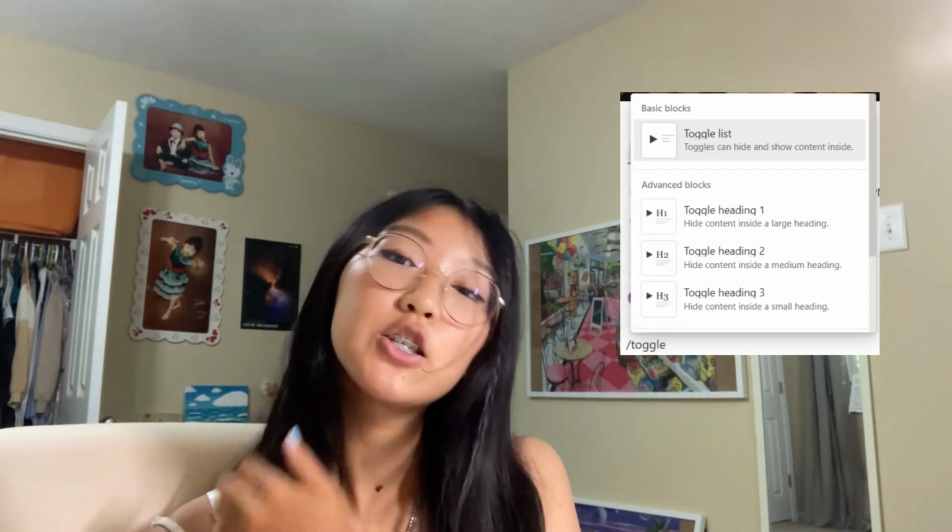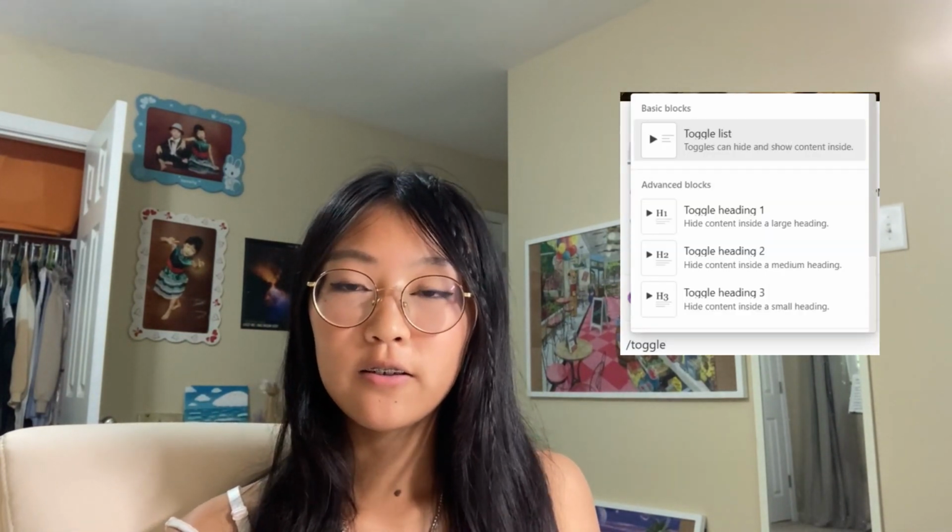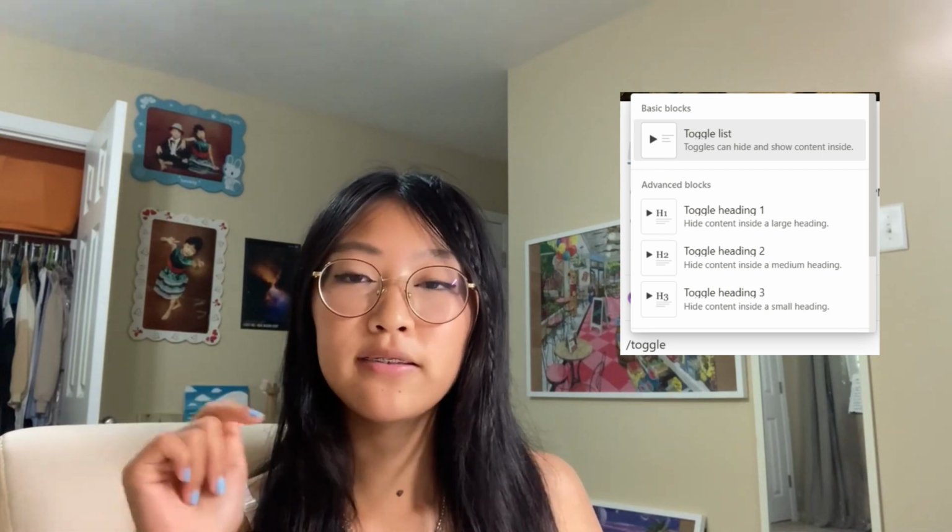Alright, number 7 is use toggle lists. Now if you don't know what I mean by that, you can type /toggle on Notion, and then it'll come up with an option called toggle list. Basically what you do for that is you put a heading and then write anything you want down in the text, and then you can drag that text to be under the toggle heading, in the way that you usually would for bullet points, for example, but this time it would just be under headings. So that way when you click the arrow,